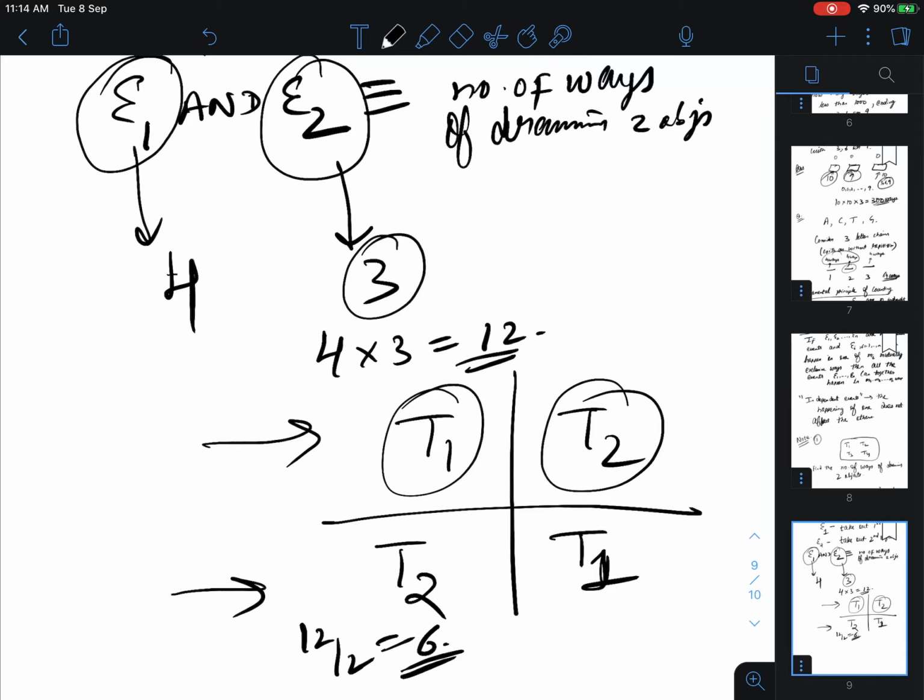Okay. Ordering is relevant only in case of permutations, and we will discuss what permutations and combinations are in much greater detail. But for now, the important point that you should remember is that in the fundamental principle of counting, when we multiply, ordering, if at all it is possible, it is always included in the final answer. Okay.